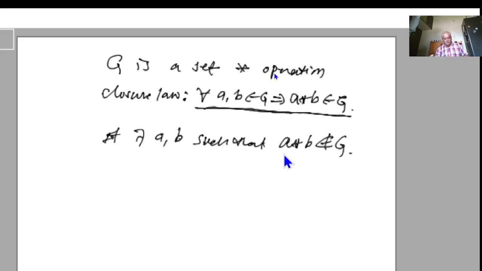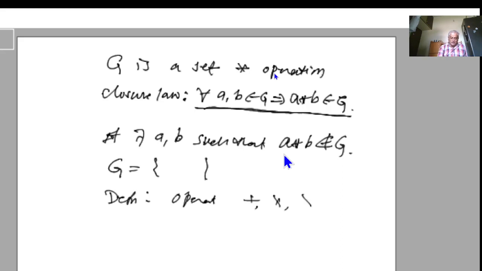To write code in Python, first we have to define what is my set. Then we have to define what is the operation. Is it plus or multiplication or multiplication modulo n or addition modulo n, whatever the operation we have to define.